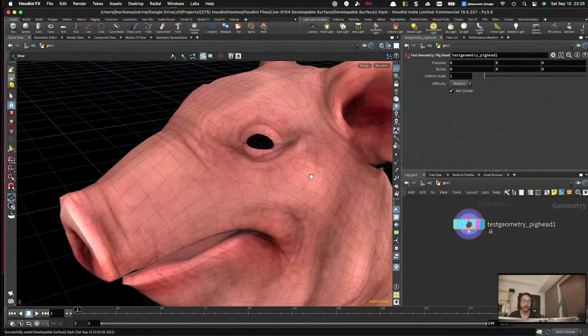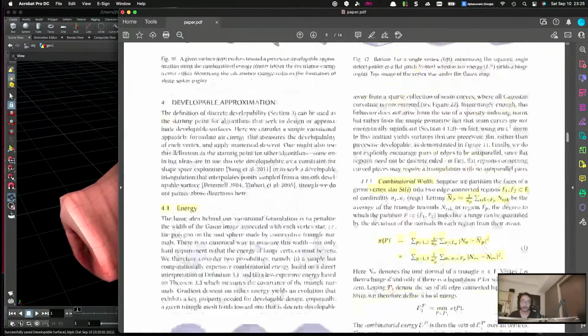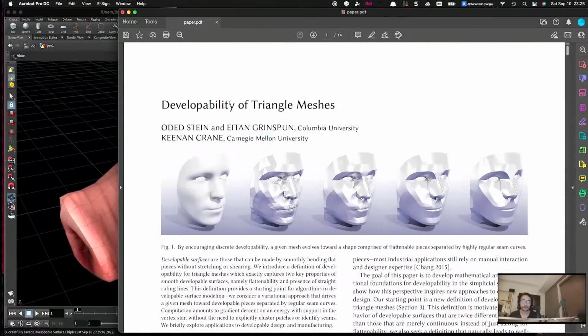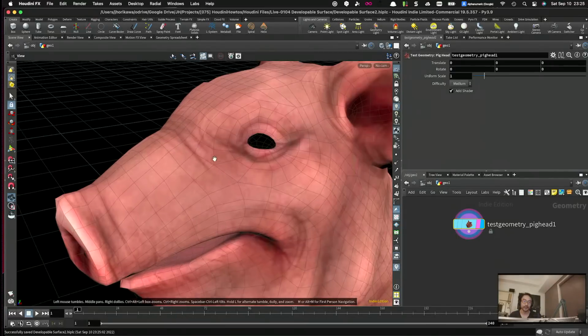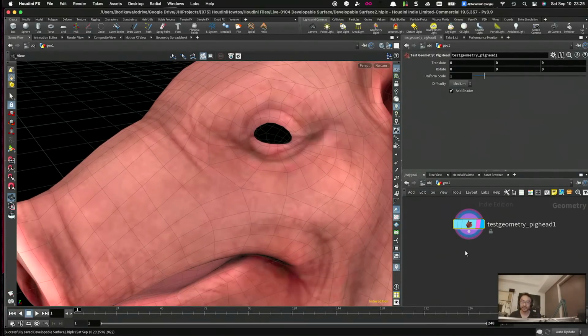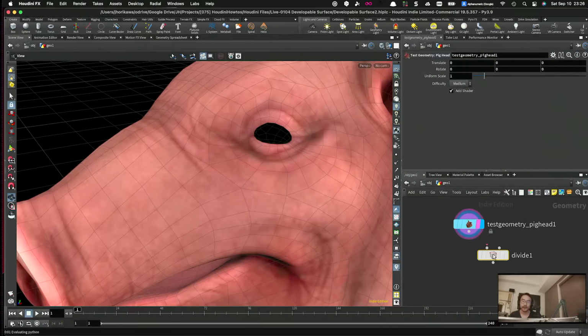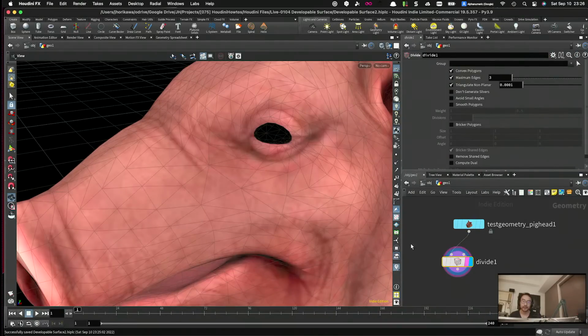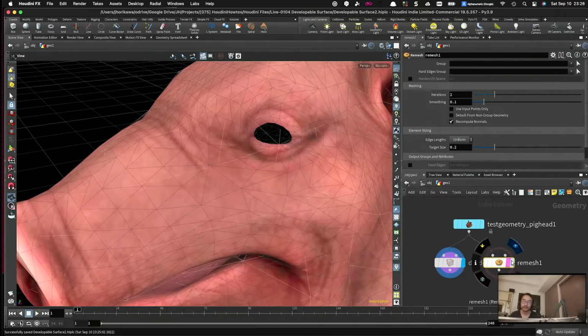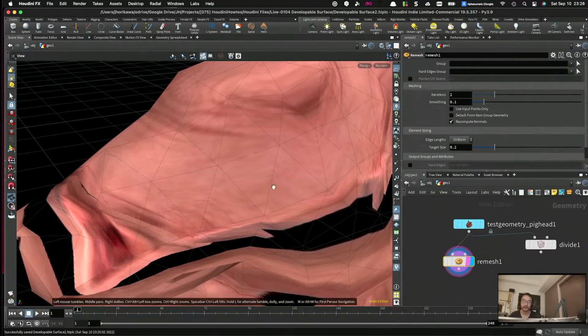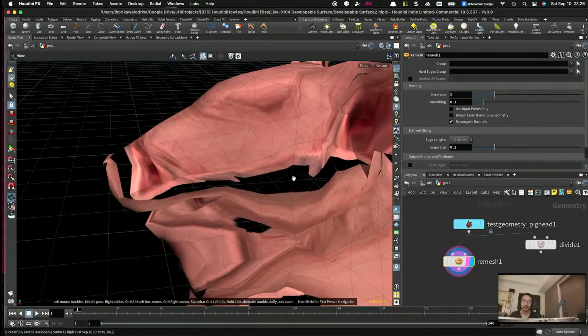And since we are going to solve the problem on top of the triangle meshes, like it says in the paper, this is the process for the triangle meshes. So we cannot use this for the quad mesh, so let's make it triangle mesh first. We can either do it by divide or remesh. I think we want to do remesh first,